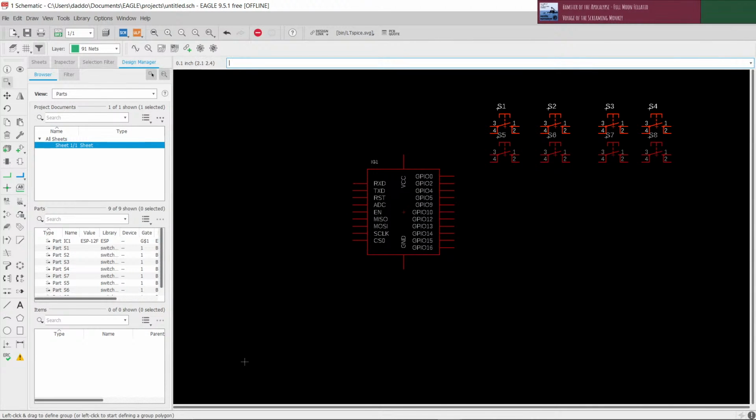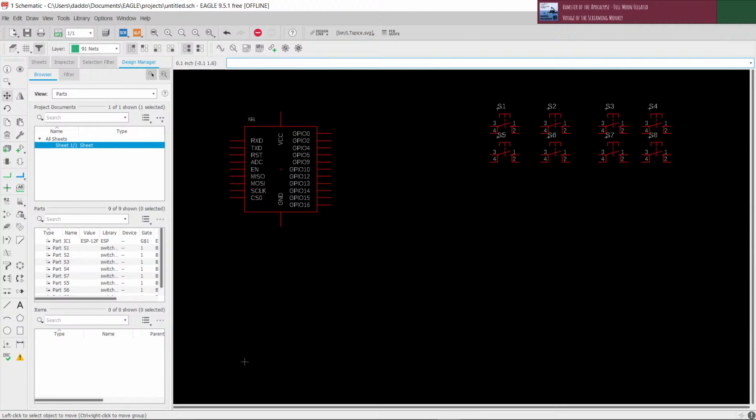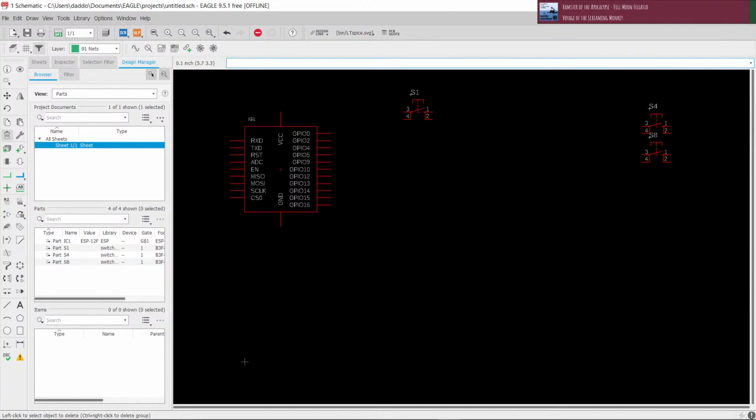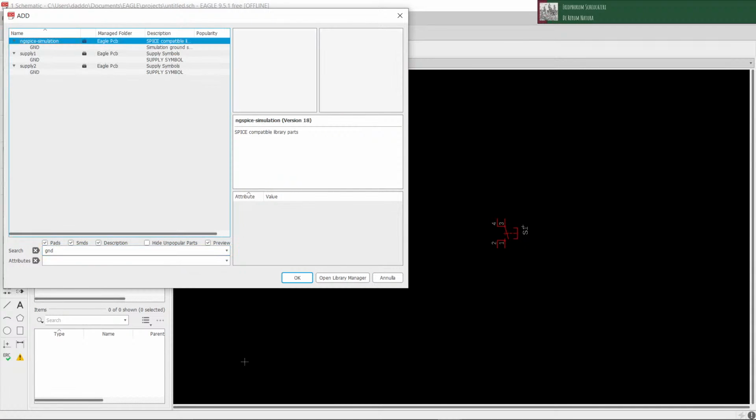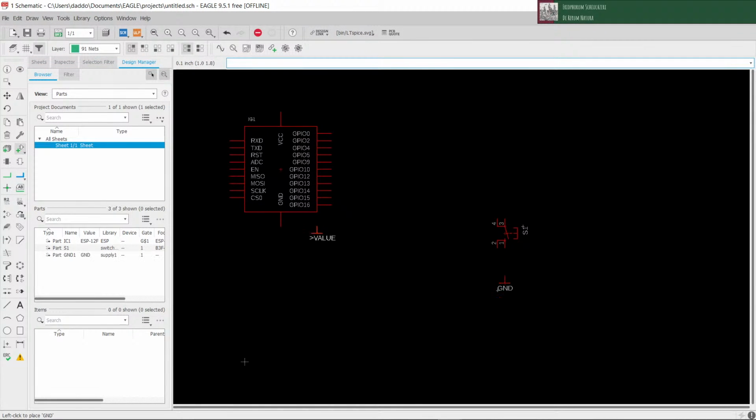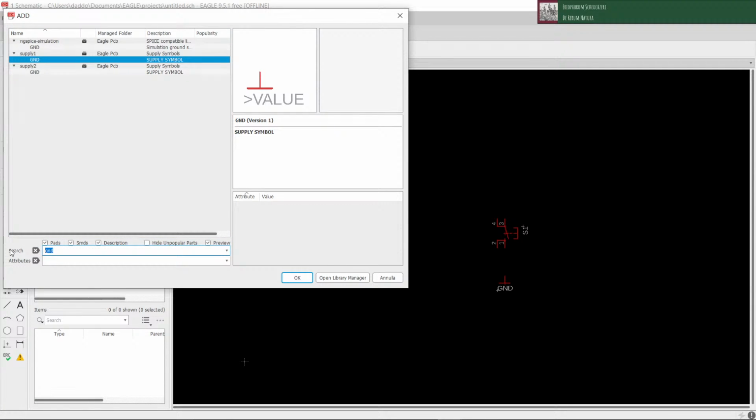And I want to connect these 8 buttons to 8 of the GPIOs here. And also I will be adding a pull-up resistor because, wait, that's not a smart idea to add everything at the same time. I'll show why. And here I have the switch, and I will be adding a ground symbol to connect one side of the button to ground, and also I want a capacitor across the contacts to avoid